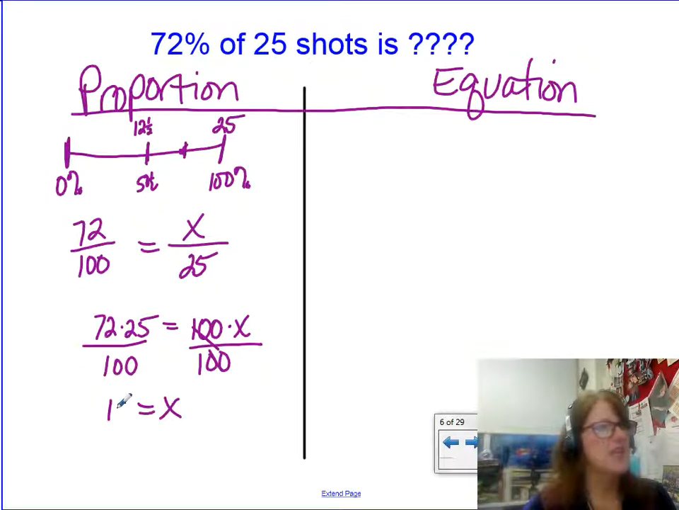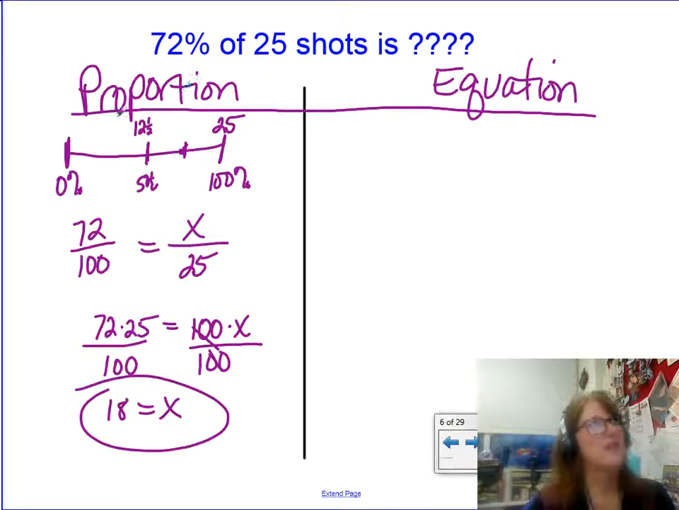X equals 18. There's no percent on here. I already had the percent given to me. This is just a number, 18 shots. Here's the equation way. You would say 72%